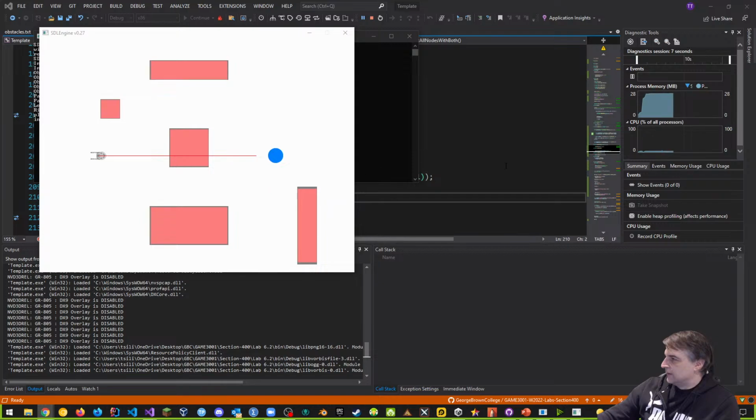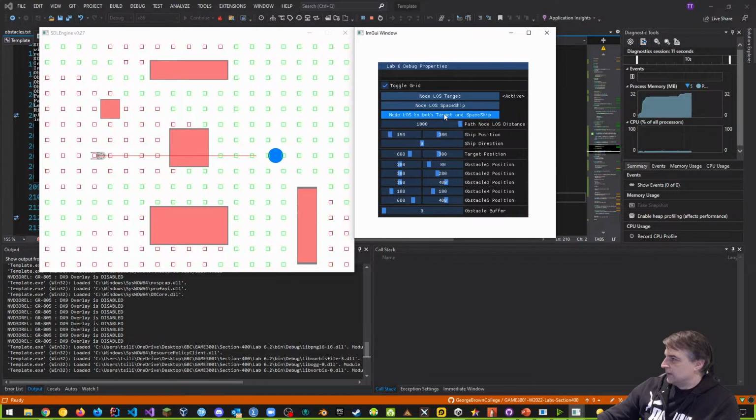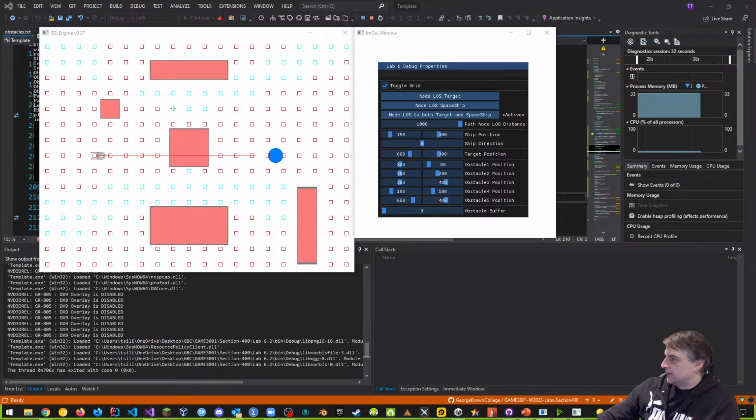All right. So toggle grid, and I'm going to choose this one this time, and it should be that weird turquoise color. Take a look at that. This turquoise color is where they have line of sight to both the target and the spaceship, and you can draw lines to this. So if I was going to draw that, let's draw a pointer. So this one here should have line of sight to the spaceship, and it should have line of sight to the target at the same time.